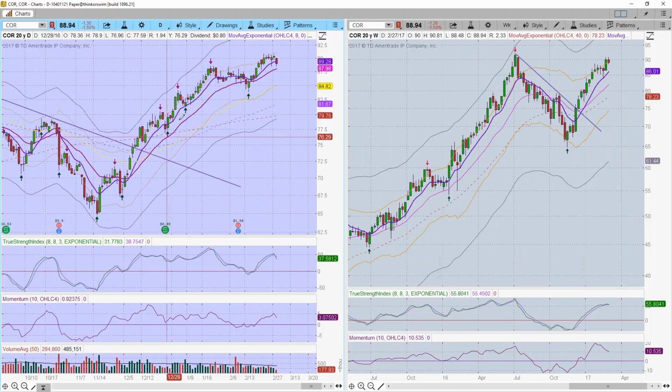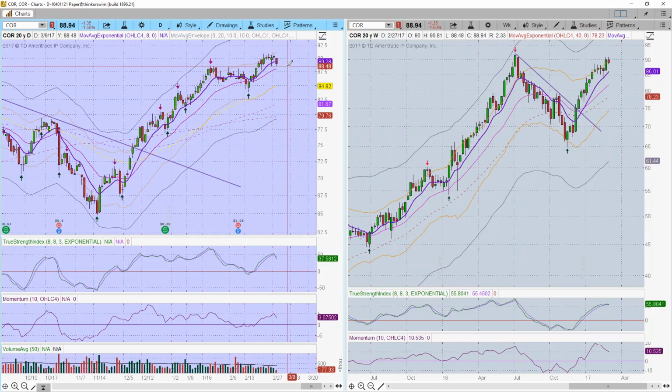And so we do have a nice uptrend that was broken, moved sideways, and then broke back up. And so we've got this support right there. And is it going to hold there? Momentum and TSI look like they want to roll over. So I'd be looking for what the candlesticks are telling me at that support level if you're looking to go long on this stock.